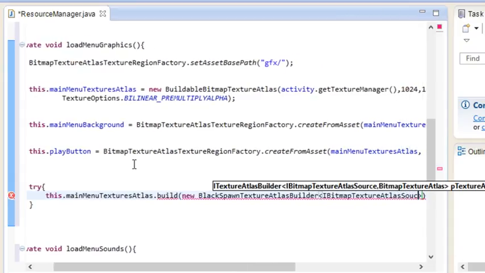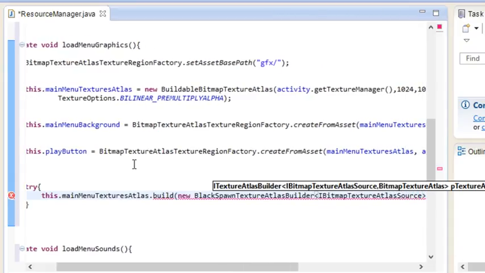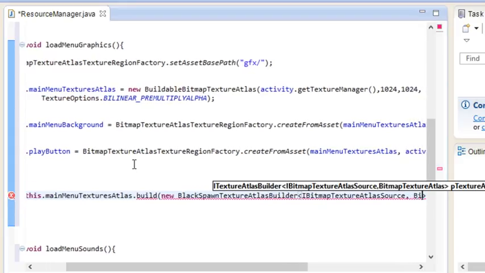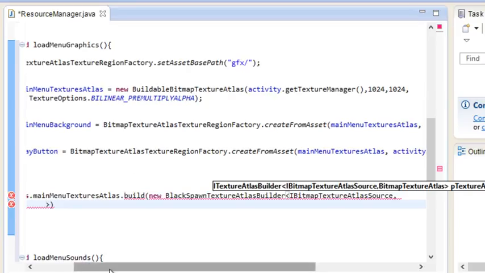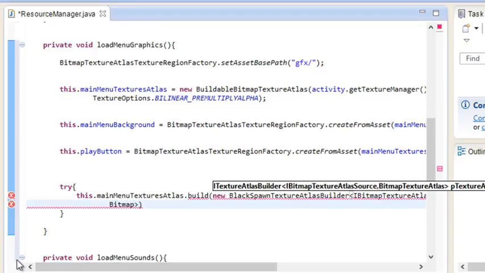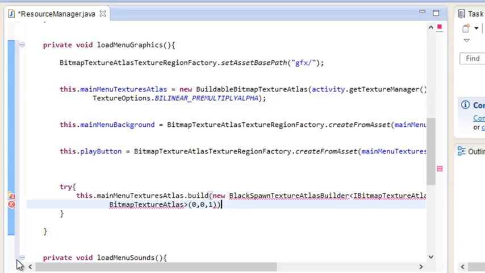and comma, this is going to be BitmapTextureAtlas. I'm getting kind of long here, so press enter to make a new line, and this is going to be the BitmapTextureAtlas, and it needs some parameters here, so just go outside of here and add some parentheses, and you're going to do 0, 0, 1, and you end it. Alright, and so we can go ahead and do a catch, and I believe this catch